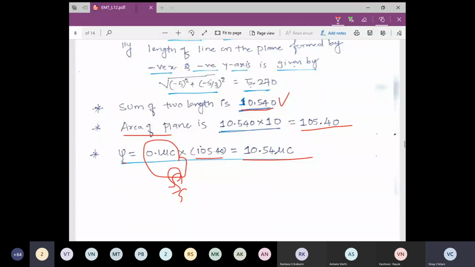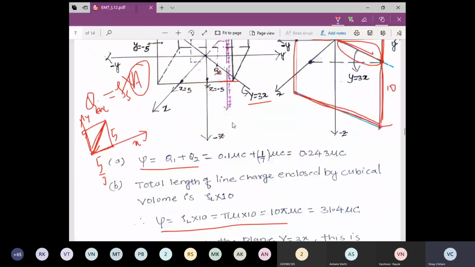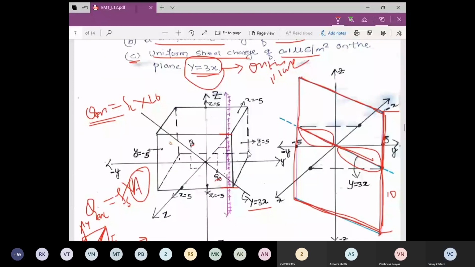So why have we put y equal to 5? Because I know that the y value in this particular closed surface is 5 at one side. I want to know what portion of the line is present inside this cubical closed surface, and I know y is varying at the right side from 0 to 5. It is a maximum.